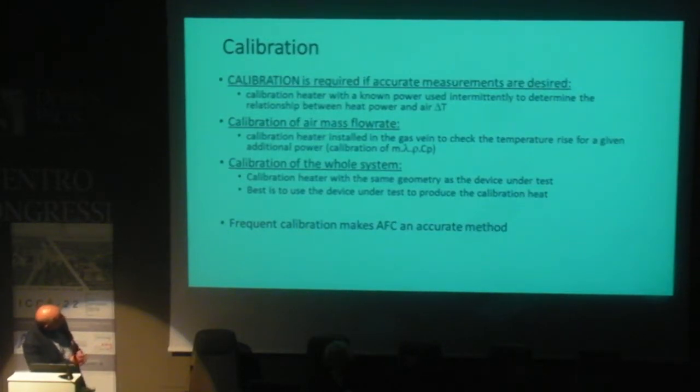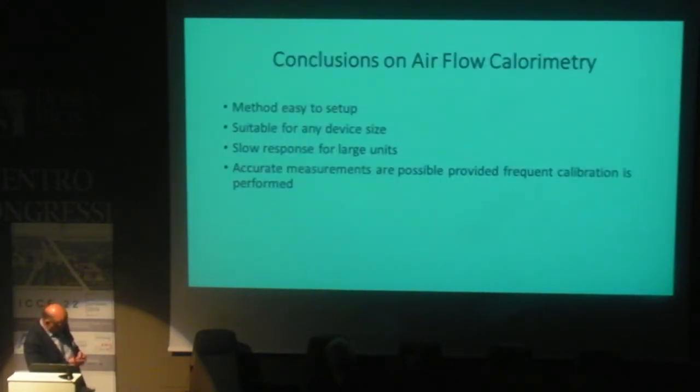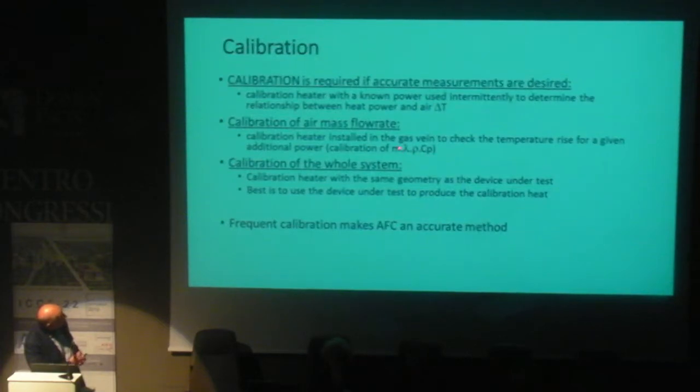exporting power, I mean this product, the mass flow rate multiplied by air conductivity, air density, and heat capacity. So to measure that, you put a grid, for example a heated grid, in the vein of your pipe, and you measure the temperature difference upstream and downstream, and you get a calibration of this air exporting capacity.